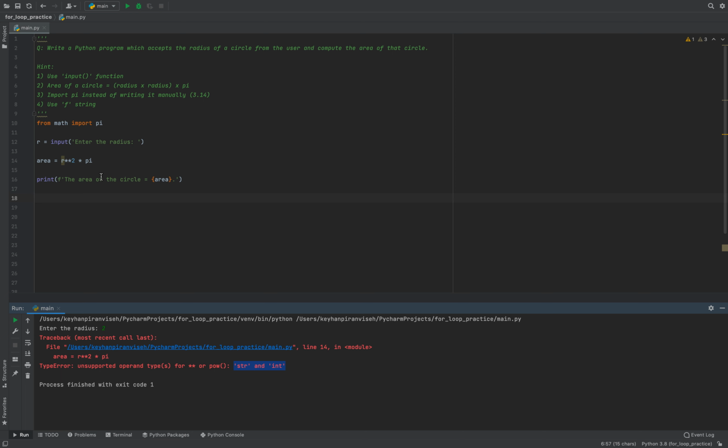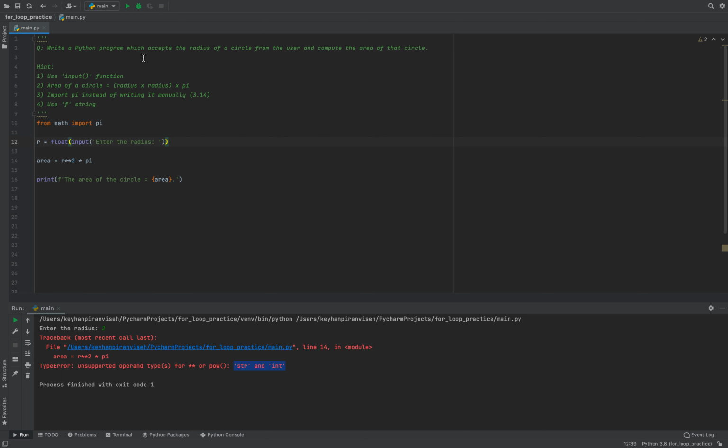String and integer. So there is heterogeneous data here. Means that this radius that we asked the user to enter here is a string basically, and you're gonna use that string here and multiply by 2, which is an integer, and then you're gonna multiply the whole thing by pi, which is a float. So basically let's use a float, because at the end of the day we need to multiply everything by pi, and pi is a float by nature, right? So let's put float here,